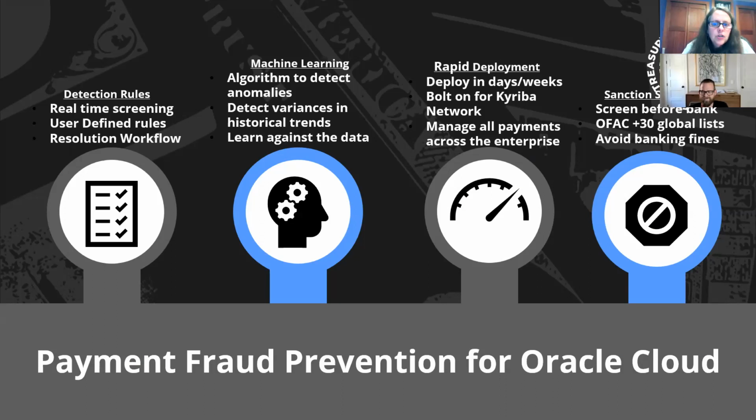When we think about detection rules, we think about those things that you're looking to prevent from happening. For example, when we have a brand new vendor that comes in, we probably should validate whether or not the account details are correct. When we have a change in vendor information, someone has changed the account number at a particular bank, for example, we probably again should stop that payment briefly to confirm that it in fact is a new account and not somebody that's made some alterations internally to have the money put in their account instead.